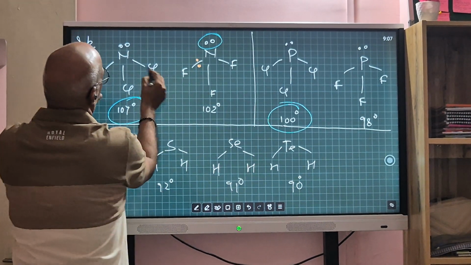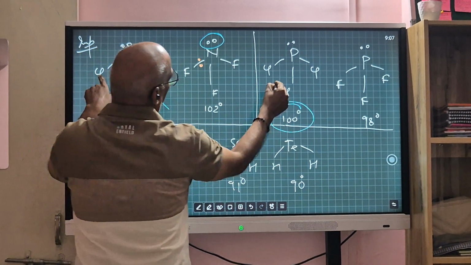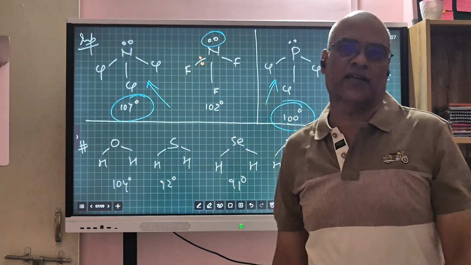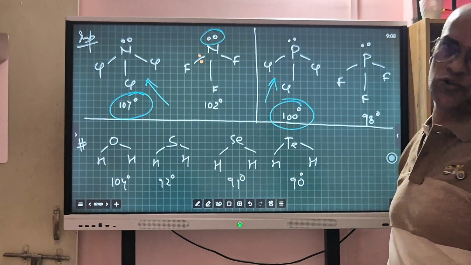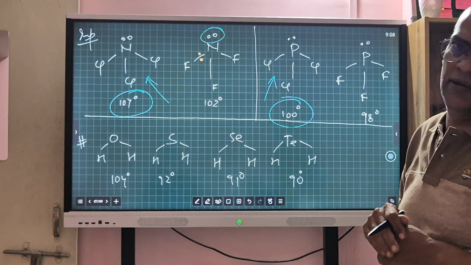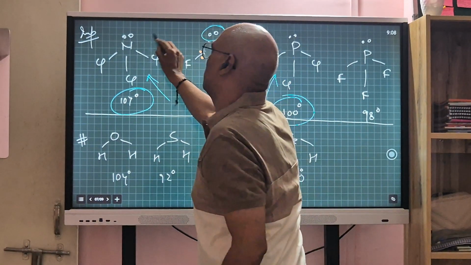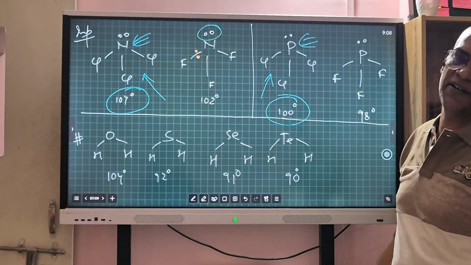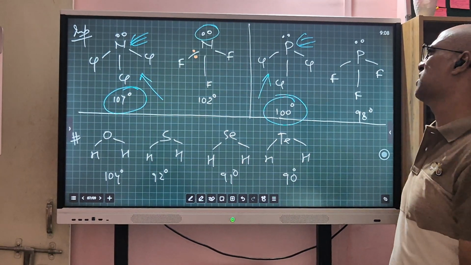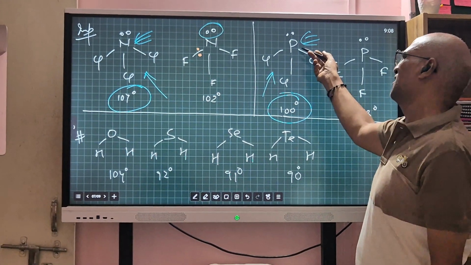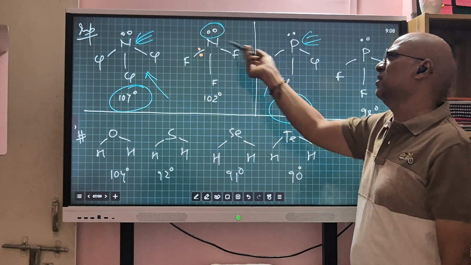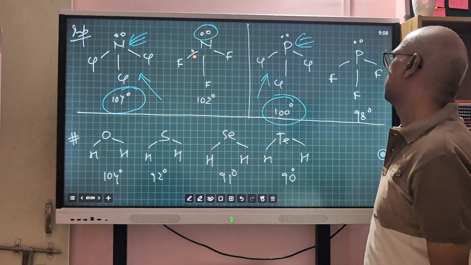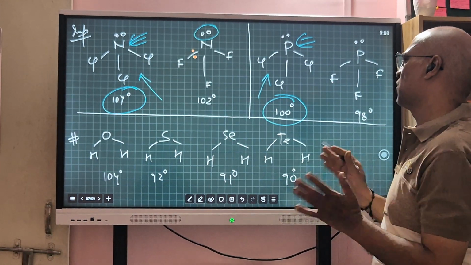Here we can compare: the terminal atom in both molecules is chlorine. Understood? The terminal atom in both the molecules is chlorine, so we cannot compare with respect to chlorine. We have to compare with the help of the central atom. Now we will use the electronegativity of the central atom. Moreover, the size difference is there: here it will use 3p, that one will use 2p. That difference may be there also, so mind it, memorize it and